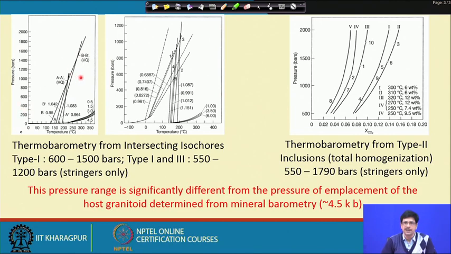So, the salinity and density were all calculated with the standard methods that we discussed, and for such sets of coexisting aqueous inclusions, when we intersected their isochores for the reef ore as well as the stringer ores, in all the ore types together, they generally give us temperature and pressure values of about 600 bars to 1500 bars and a temperature within the range of about 200 to 220 degrees Celsius.